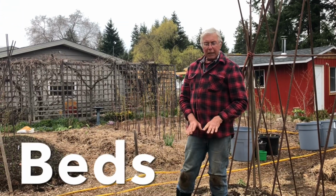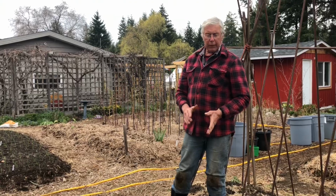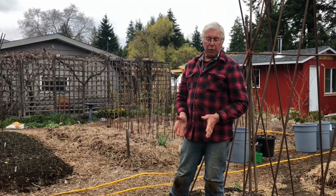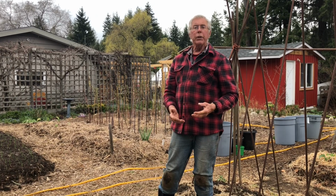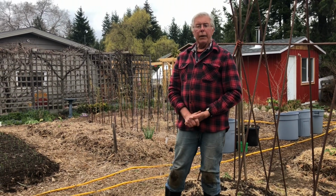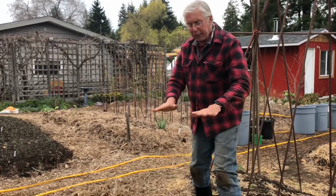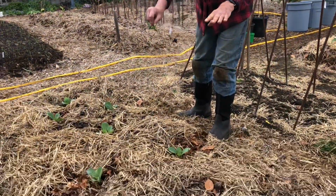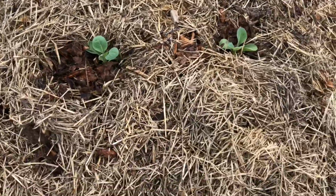So we mentioned in the last video about beds, and I was trying to think back to the book that got me clued into the bed system. I think it was called The Square Foot Gardening. And Gail looked it up, and I guess it's in its 3rd printing or 3rd edition now. So it's still current, and you still get a copy. And she said they even have a template where you can lay the template on the ground, and then you can put your seeds in the different holes. So I'm not quite sure how that works, but it'd be something to...